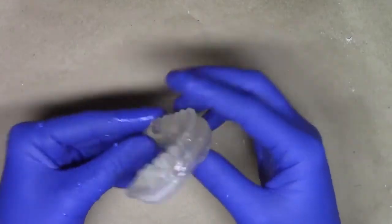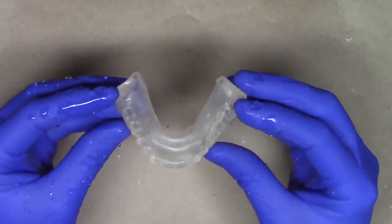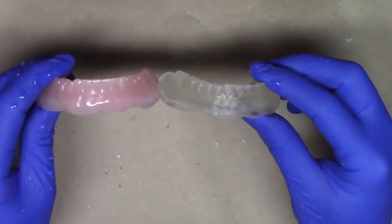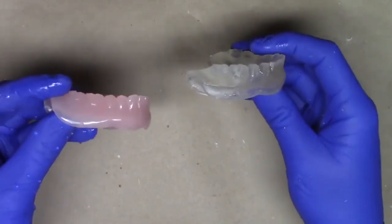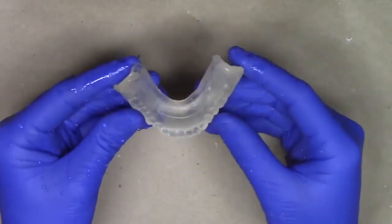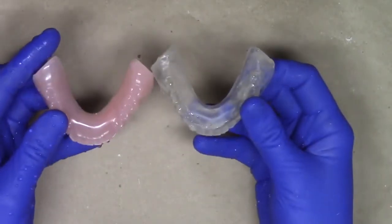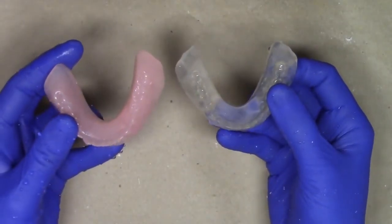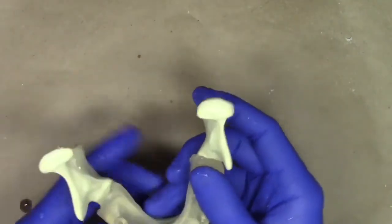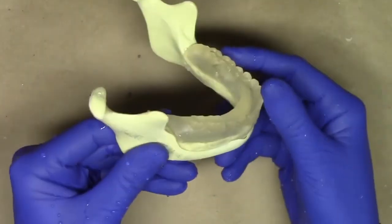So at the completion of our rag wheel polishing, we can see that our clear orthodontic resin denture duplicate is looking pretty nice. And if we hold that up as a comparison point to our existing complete denture, it replicates very closely where the patient's denture and the surgical guide should be exact copies. Trying it back onto our patient, we can see that it has an equal fit as what we had with